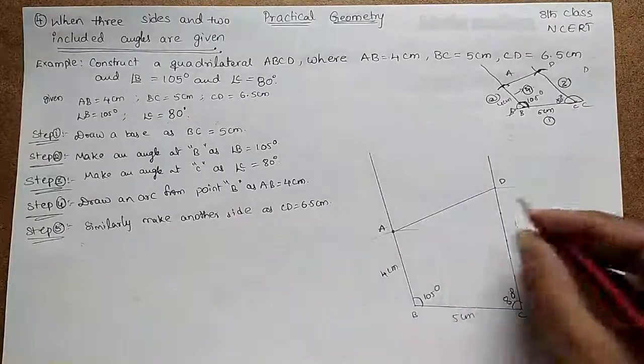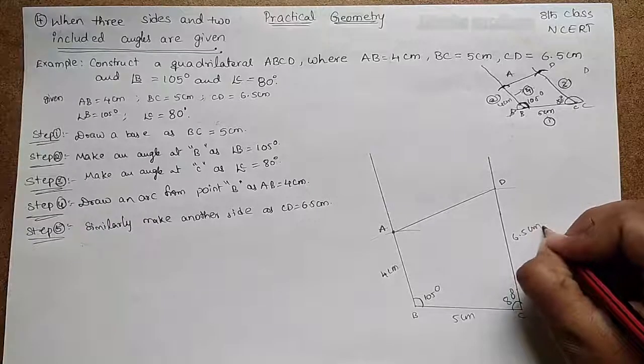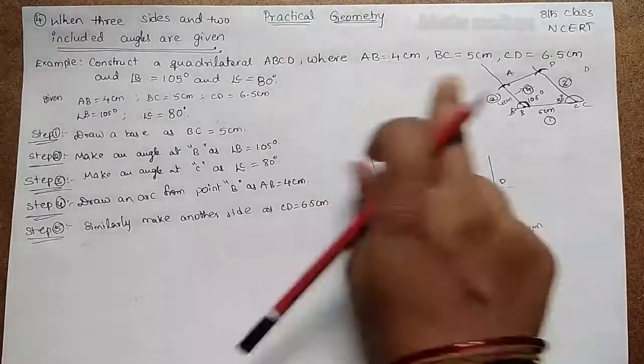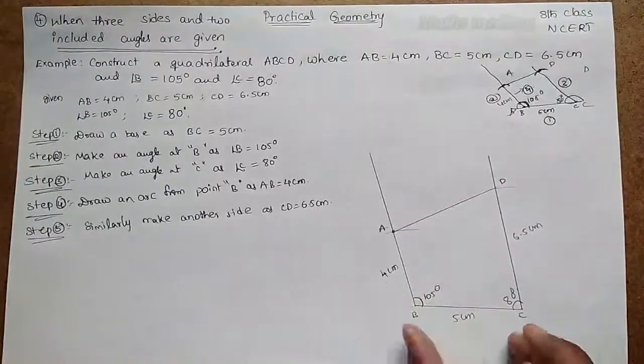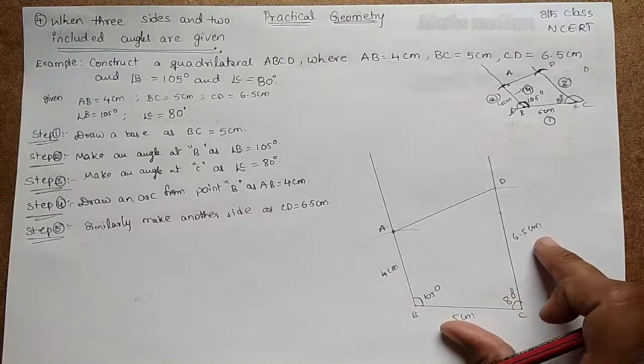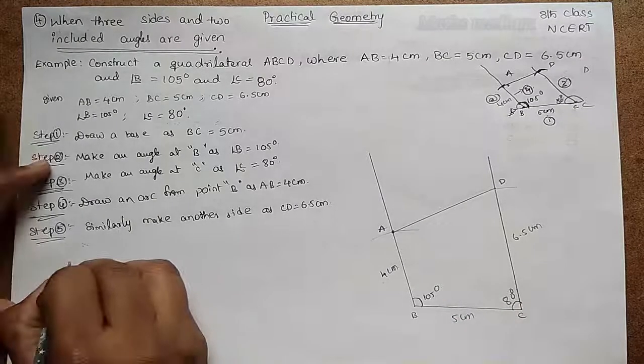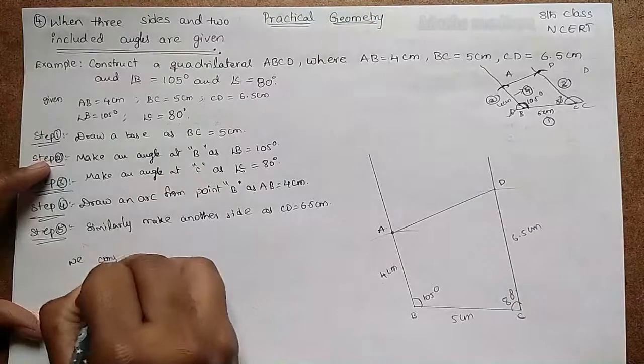So this is AD. We know CD is 6.5 centimeters, and AD is not given, but AB is given and BC is given. These are the three sides and two angles given. I hope you understand this. Now the result is we constructed